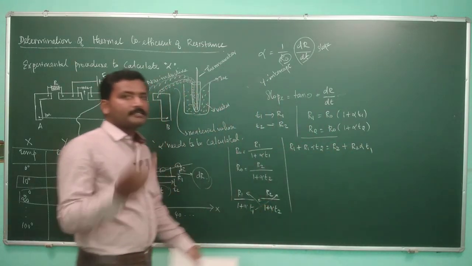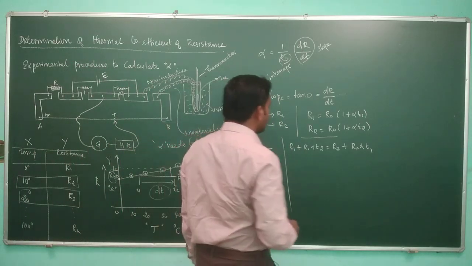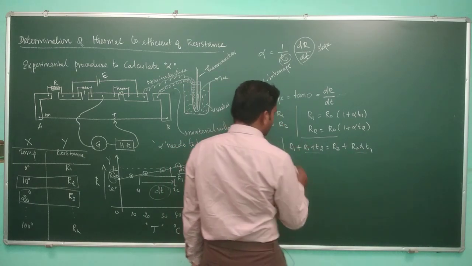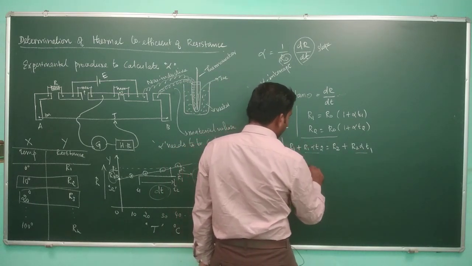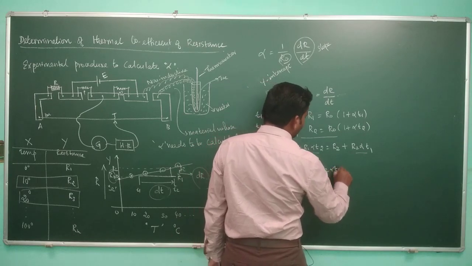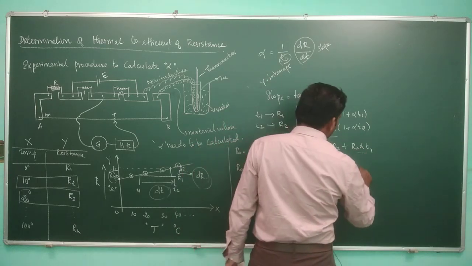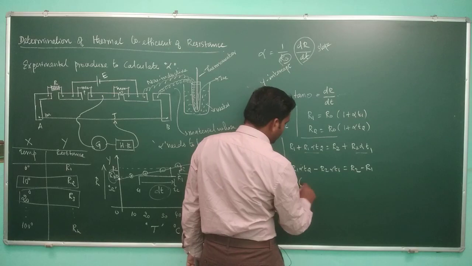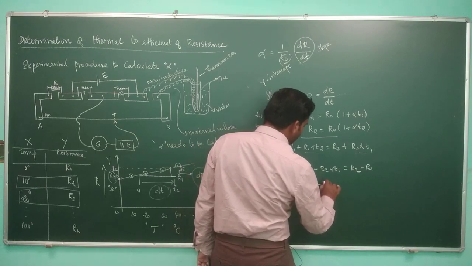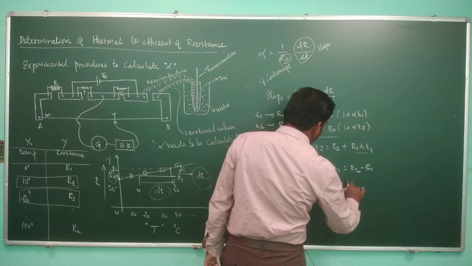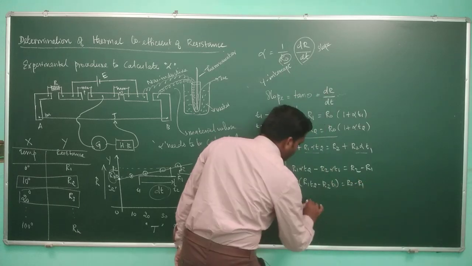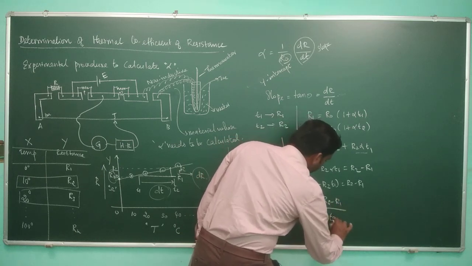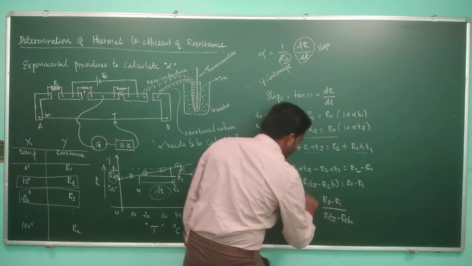What is the idea? We need to rewrite this equation in terms of alpha in order to get the thermal coefficient of the given material. There is an alpha here and an alpha here, so we can write R1 alpha T2 minus R2 alpha T1. You bring this term to the left hand side. Then R2, you bring this term to the right hand side, minus R1. Now take alpha common. What is remaining? R1 T2 minus R2 T1, which is equal to R2 minus R1. So alpha becomes R2 minus R1 by R1 T2 minus R2 T1.